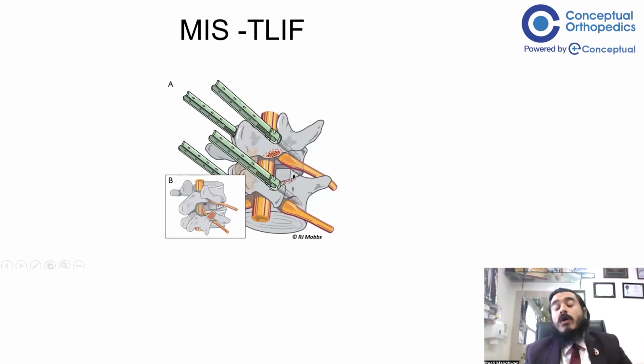This is how I do it. I put in guide wires where the screws are going to be. Then I do the interbody and the disc work, do a proper decompression. Then we put in the screws and the rods. And the best thing about MIS T-lift is that via bending the table, we even do the over the top decompression and do the decompression on the contralateral side very easily as well. So this is how MIS T-lift is one of the major surgeries that is done regularly for